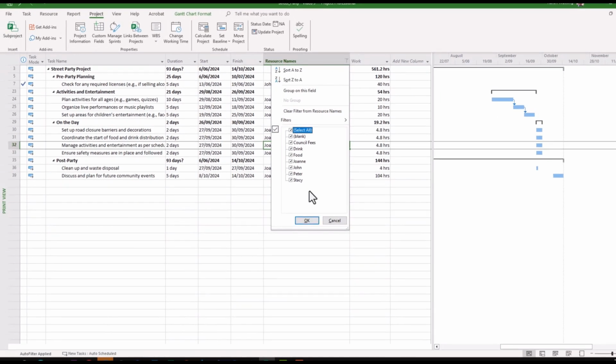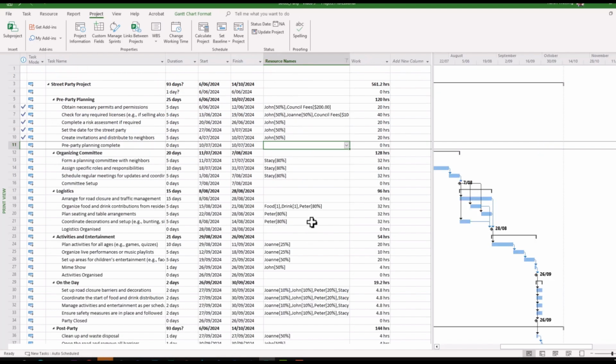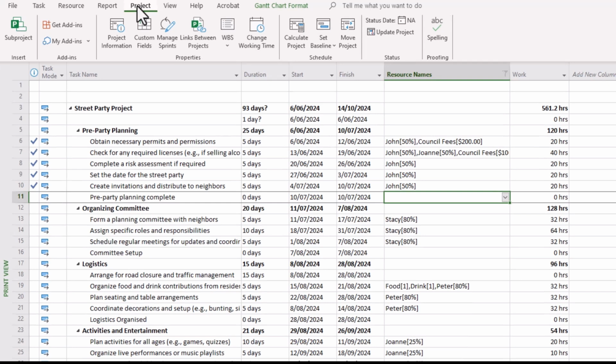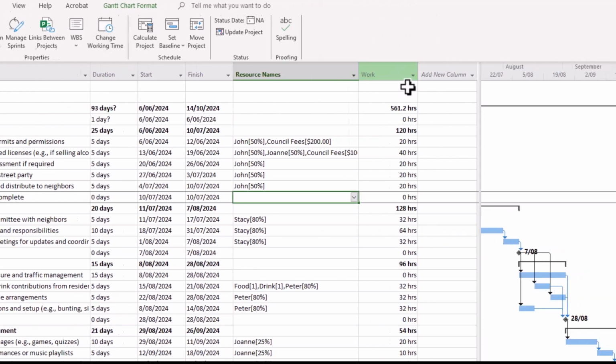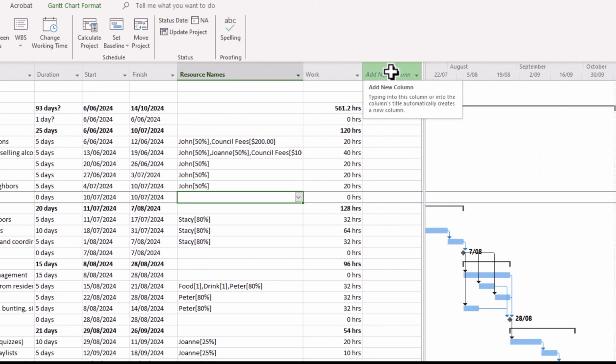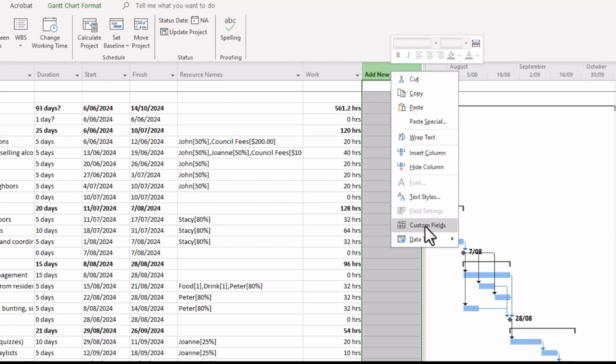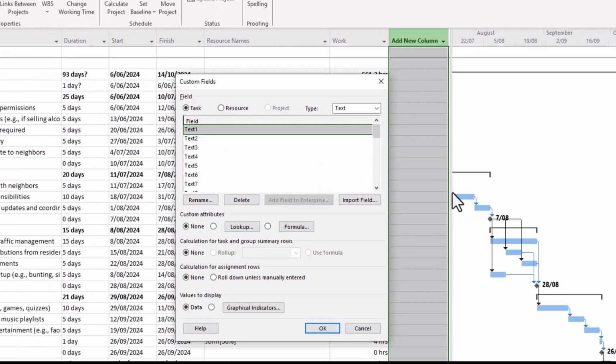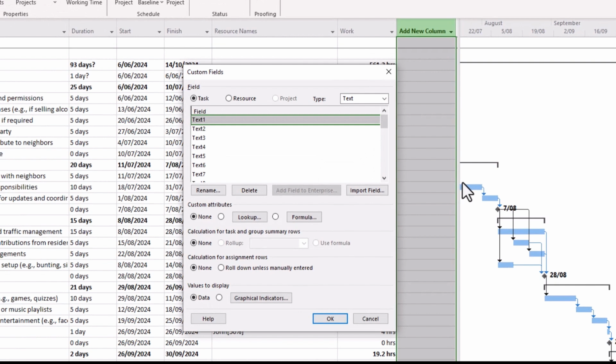So we'll wipe out this filter, and to get us started, I'd encourage you to go to the Project tab on your worksheet, and you'll notice here Custom Fields. Another alternative way to access this is by right-clicking on your column, and you can also access custom fields there as well. And when you do this, you'll be presented with a number of custom field options. Now, for this particular example, we want to nominate a responsible resource for the task, the person who has overall accountability for the particular task among a bunch of resource personnel.